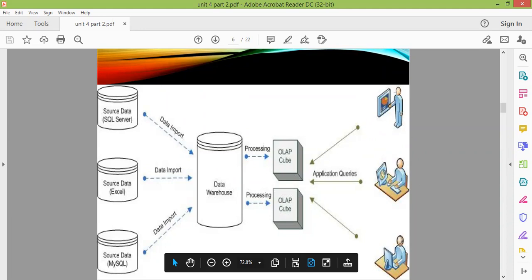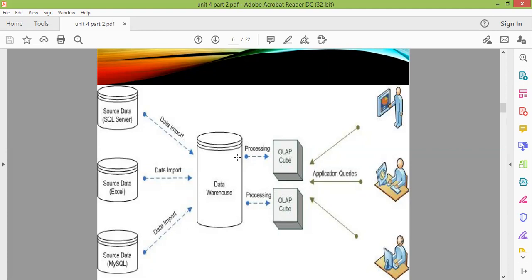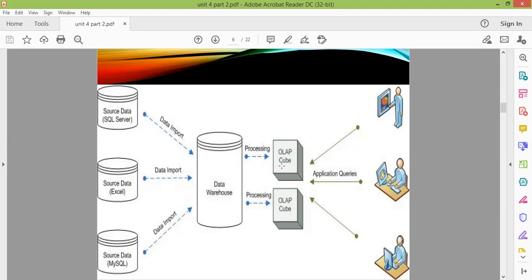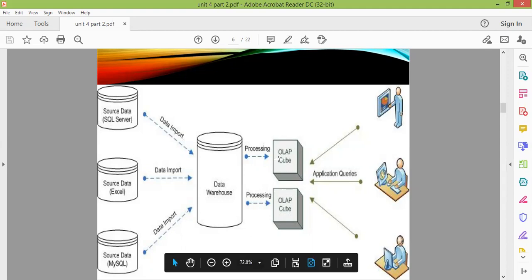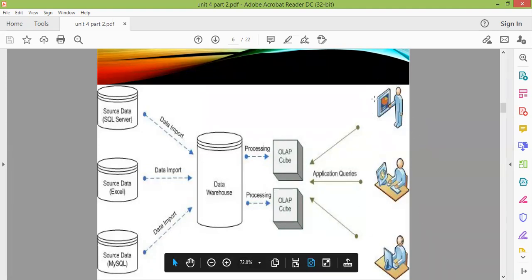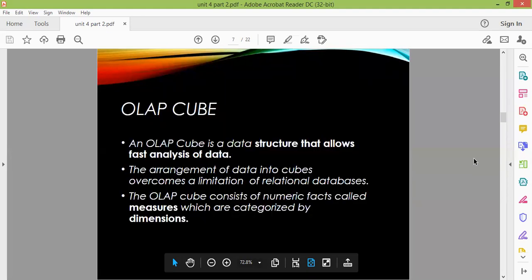So depending upon the need of the user, our interaction with OLAP cubes is done. So an OLAP cube is nothing but the arrangement of the data from the data warehouse. Okay, first we extract the data from operational databases and store it into the warehouse, and from the warehouse we partition the data into small cubes, and these are the OLAP cubes, or we can say the data marts. And from these cubes, the user can interact, satisfy their queries and take certain important decisions.